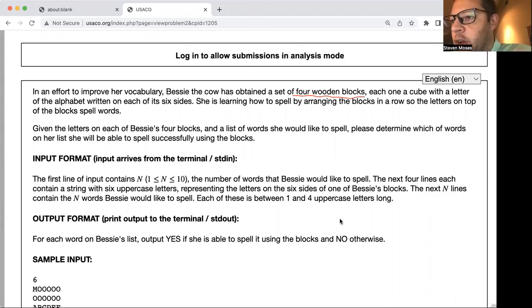each one a cube with a letter of the alphabet written on each of its 6 sides. She is learning how to spell by arranging the blocks in a row so that the letters on top of the blocks spell words. Given the letters on each of Bessie's 4 blocks and a list of the words she would like to spell, please determine which of the words on her list she will be able to spell successfully